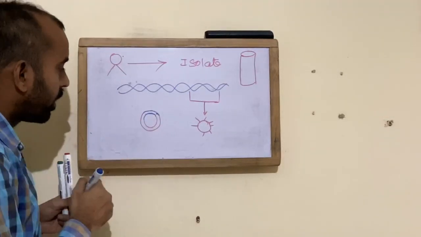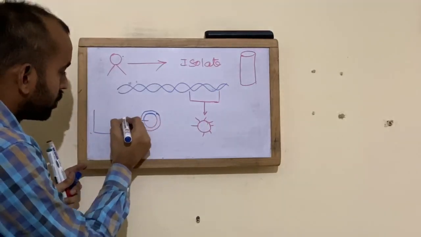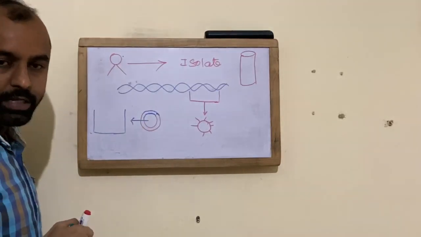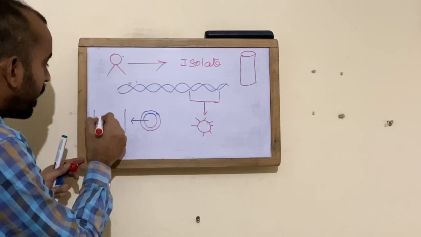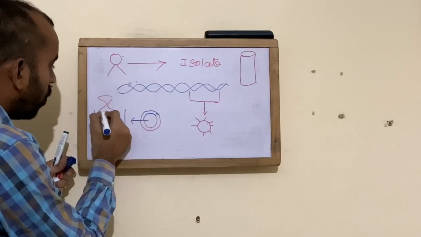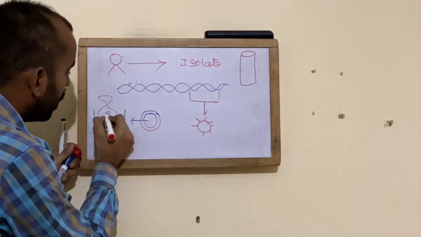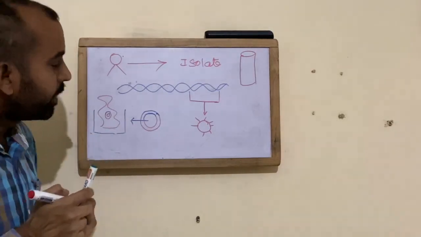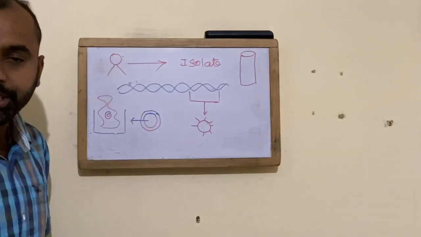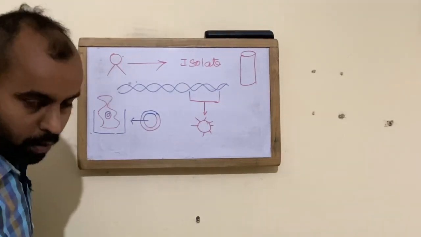Now I will transfer this plasmid into a yeast cell. So here this is my yeast, and into it I will transfer the complete plasmid. After transferring the plasmid into the yeast cell, the next step is how you will generate yeast, that is called fermentation. So that fundamental step is you need to know about fermentation.